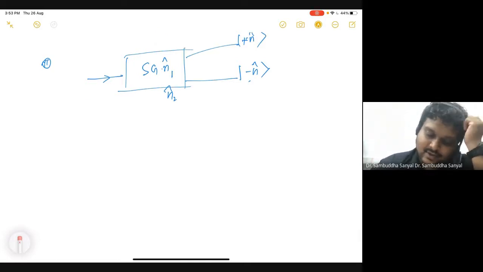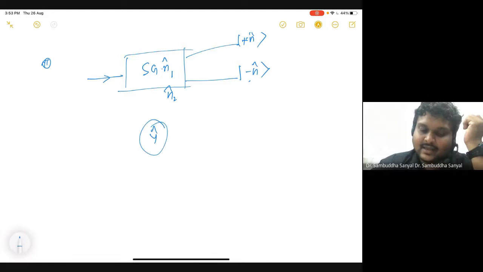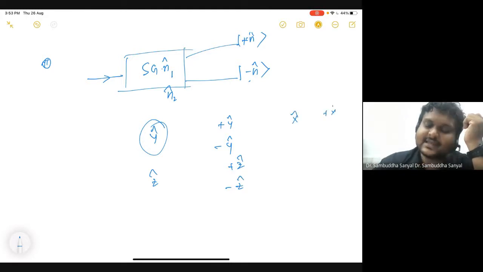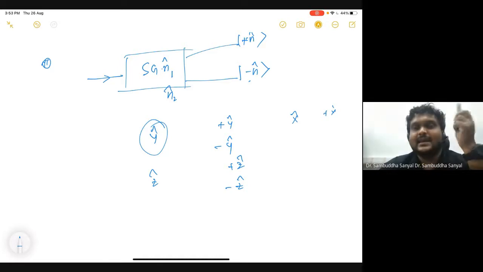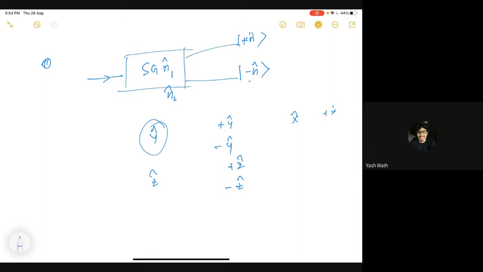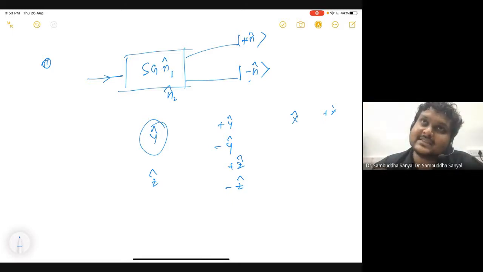Because as you also said, if your device is y, you get plus y and minus y. If your device is z, you get plus z and minus z. If your device is x, you get plus x and minus x, and so on, all the possibilities. Which means the act of measurement is producing these possibilities, which didn't exist earlier. Or you can say that the act of measurement, or this device, is rotating the needle from a 45-degree angle to whatever. You can try to explain that, but then you will be in trouble to explain the subsequent measurement, and you will also be in trouble to include the probability.